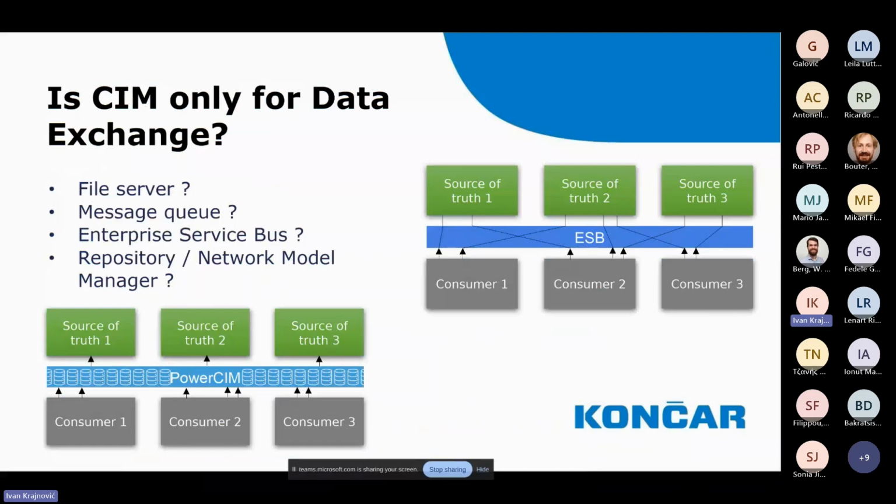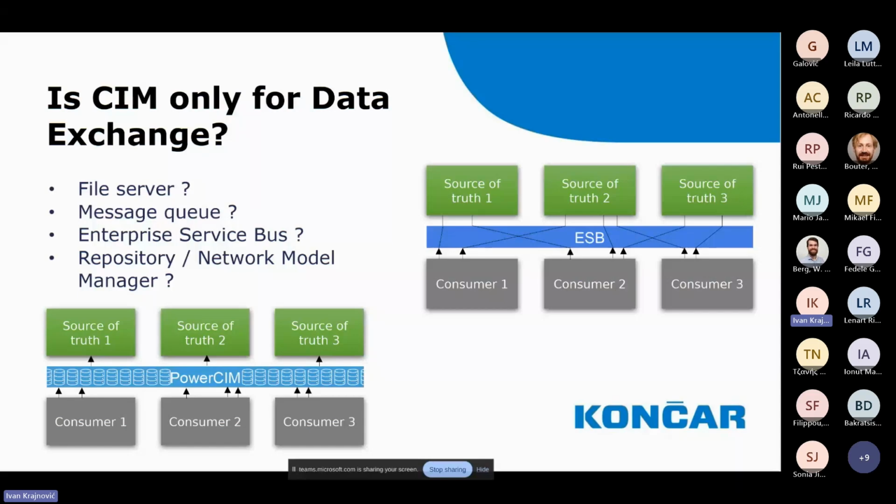So how can you save the data, for example, and share it integrated? You can have a file server with these files. I mean, that's the easiest concept. You can have some message queue or enterprise service bus, so you can connect two systems and they send files through the enterprise service bus. But this is still too simple, and it's hard to use this data later.